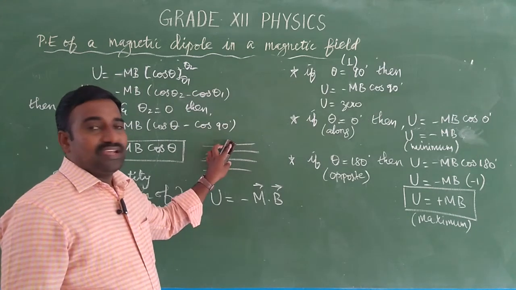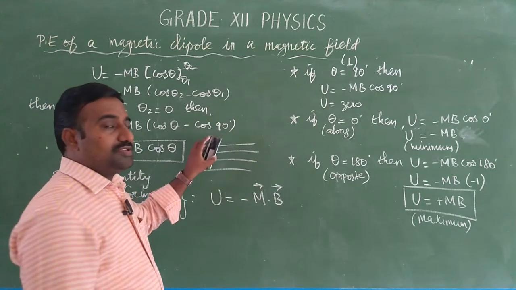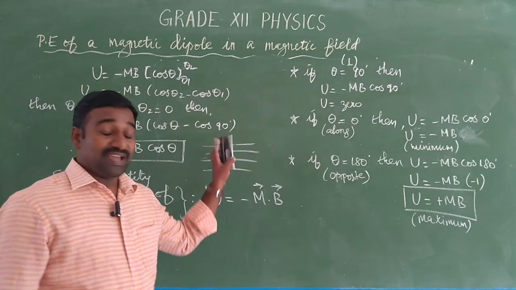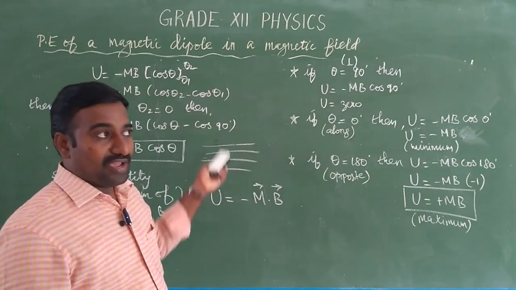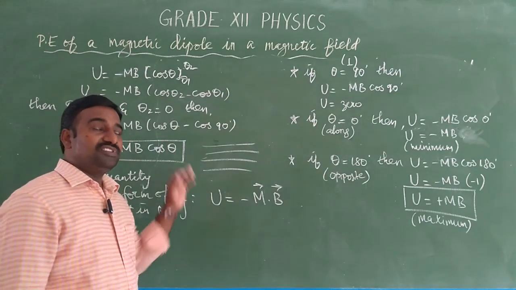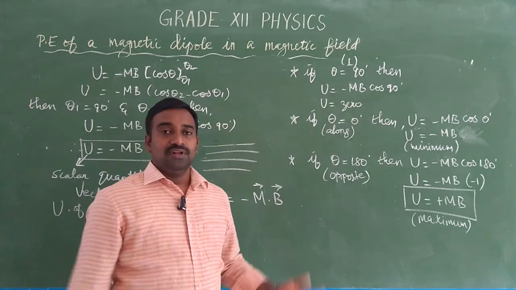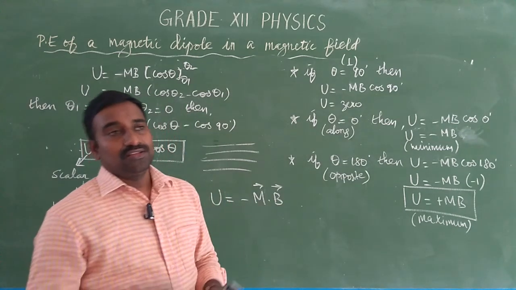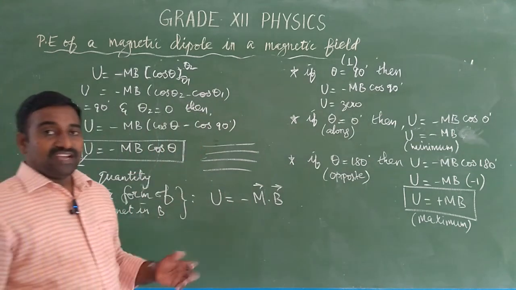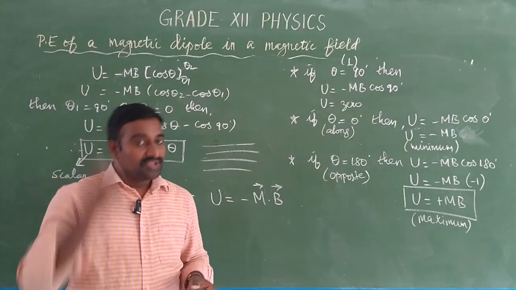So the resultant, it begins to rotate in a clockwise direction. Okay, so here the magnetic field makes the bar magnet rotate. So there is a force experienced. The force into perpendicular distance is equal to the moment of couple. So moment of couple is nothing but a torque. So there is a torque experienced by the bar magnet when it is placed in an external magnetic field. The torque we already know, that is tau is equal to mb sin theta.